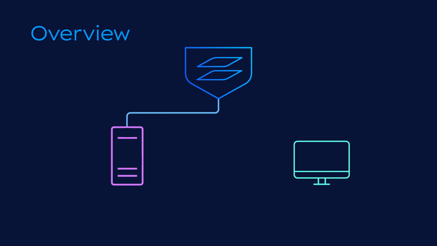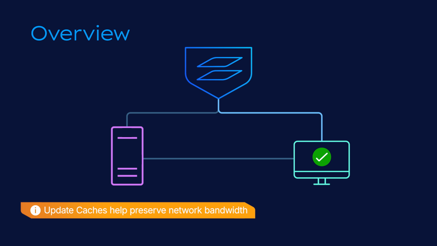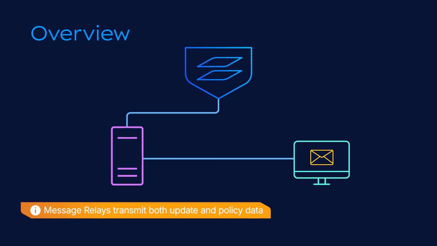Sophos Update Cache enables devices to get their updates from a cache in the network, as well as directly from Sophos. This saves bandwidth because updates are only downloaded once by the cache device, then distributed to other devices on the network. Configuring a message relay on your network augments the update cache capability.